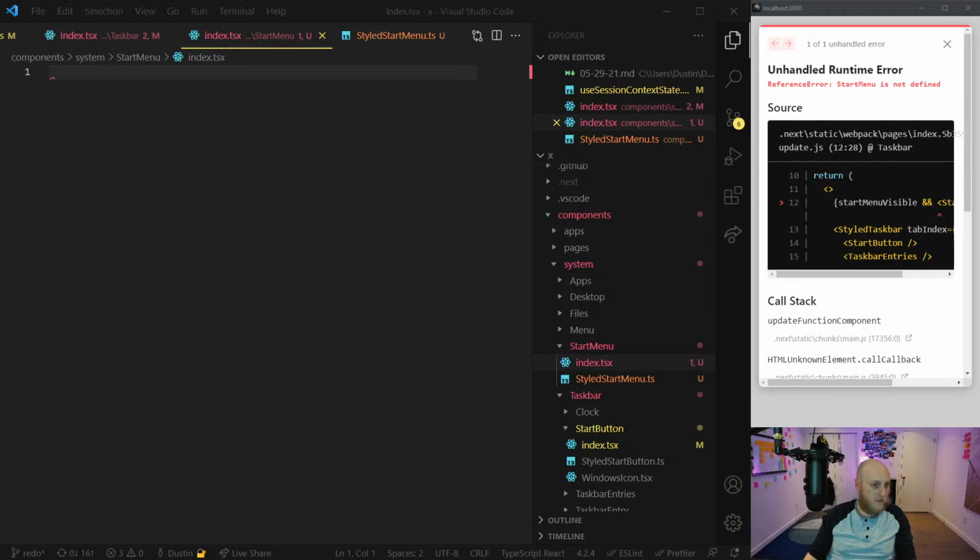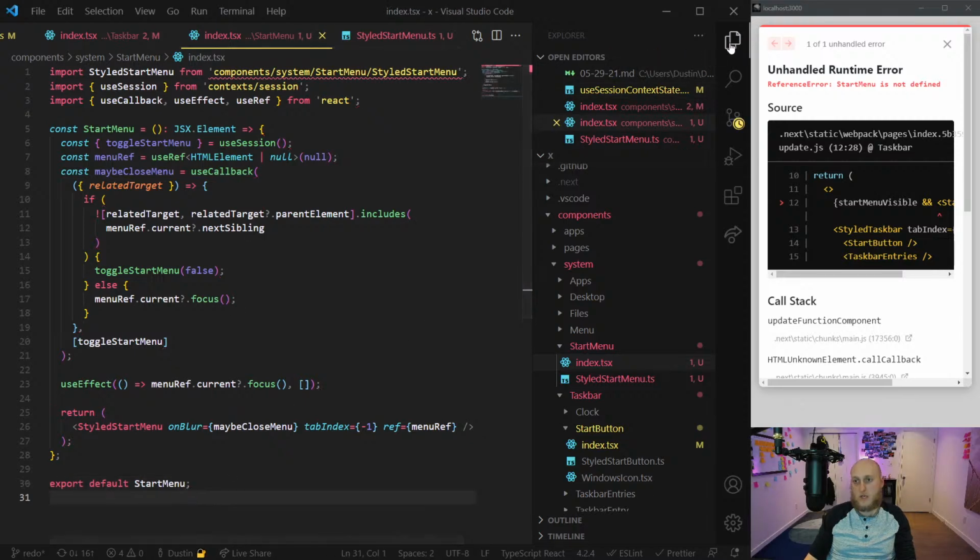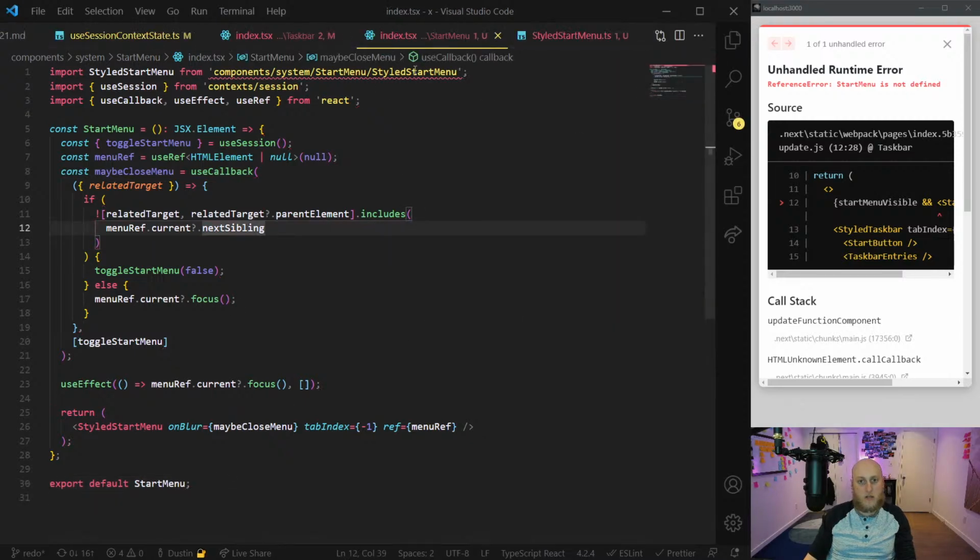Okay. So now, let's move on to the start menu. I am just going to paste it in there as one big sloppy mess here. And we're just going to go over it because that's just easiest. And it required a lot of thinking to get it as close as I did.